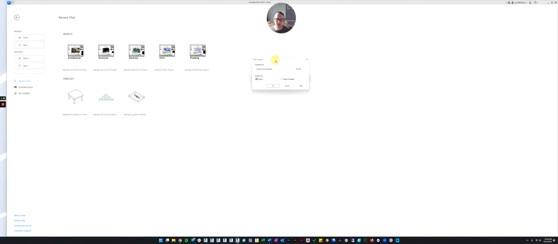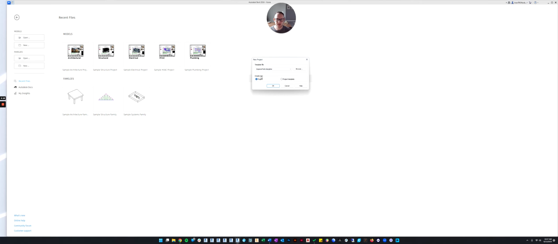And it's going to bring up this little dialog box, and it says, what template file would you like to use? Now, if you had your own, you could click the browse button and you could go find your own. But in this case, we're just going to use a default. So if you do the drop down, it'll tell you what the two defaults are. There's Imperial Multidiscipline and Metric Multidiscipline. We're not on the metric system, so we don't want that one. Feet and inches, those are imperial units. So we're going to click the Imperial Multidiscipline file.